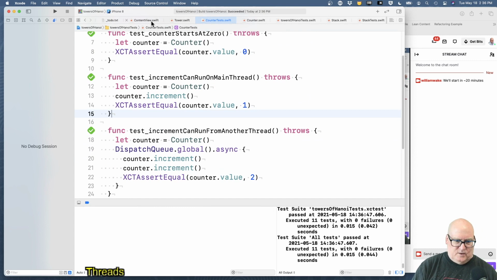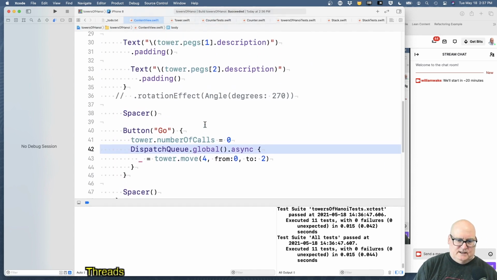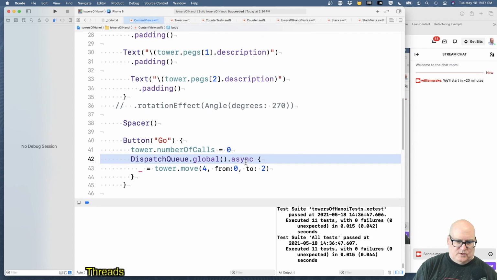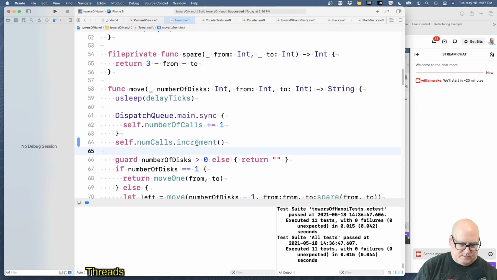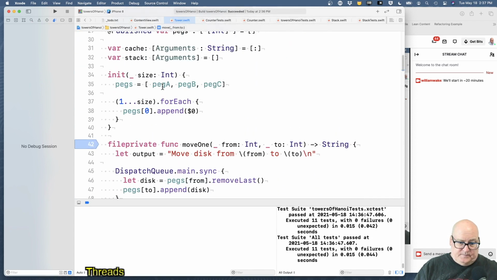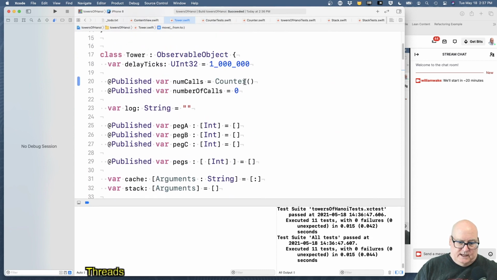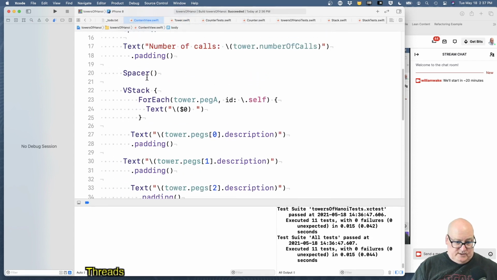Okay, so where we are, we've got this all happening on the global thread. We come in here, we're definitely counting the number of calls correctly and updating it on the main thread. So we think that anybody listening would be fine. Now we have to deal with, how do I listen? Well, okay, we got this thing published. Let's show it on our screen. All right, so just like we did up here,